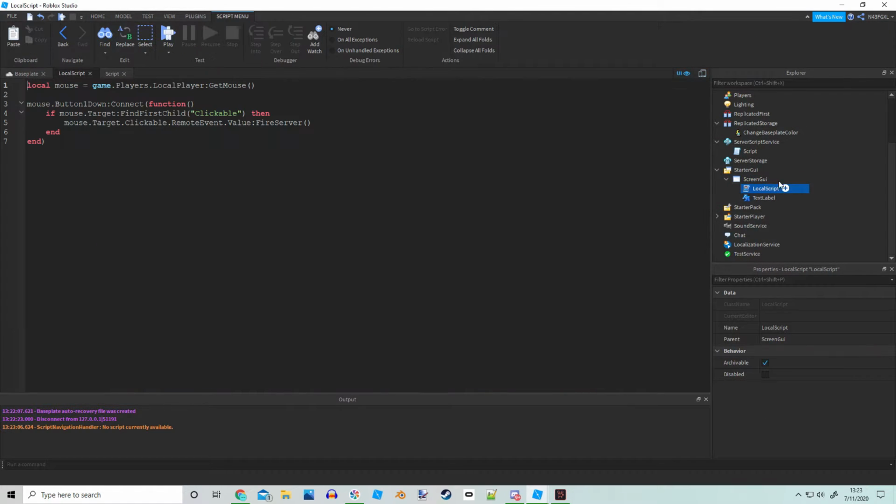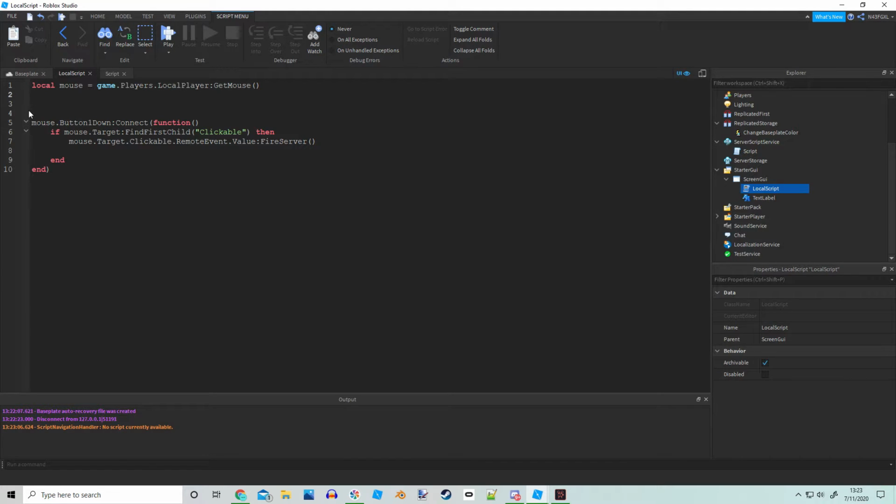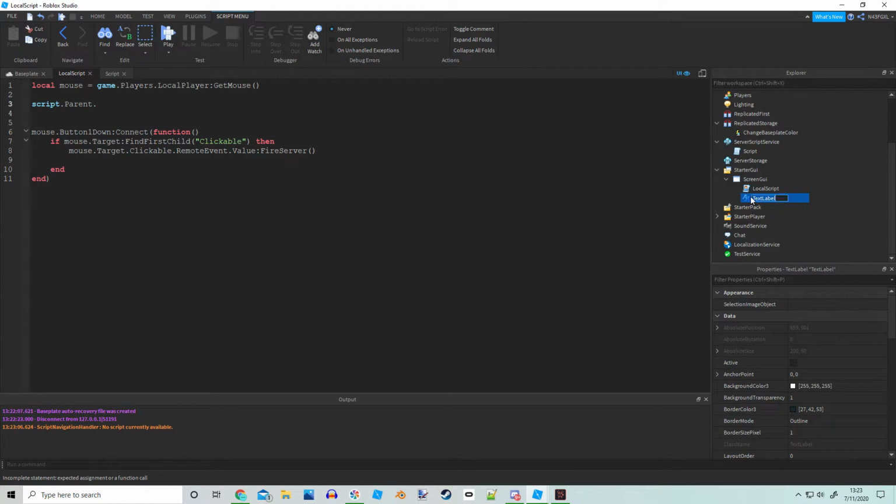First, to set this up, I'm just going to write local script.Parent. I'm going to name this text label ClickInfo. So script.Parent.ClickInfo.Visible equals false. This is just, when it sets up, going to make it not visible. And then we're going to do script.Parent. So when you click it,